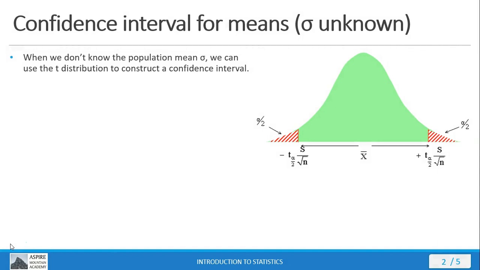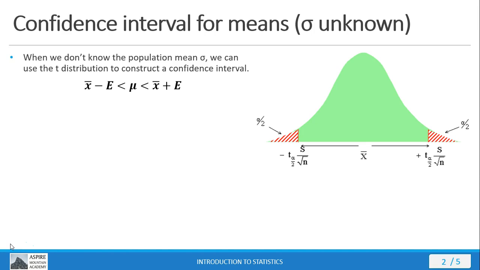So, in an earlier mini lecture, we talked about how the key question you need to ask when constructing a confidence interval on a population mean is, do we know what the population standard deviation is? Typically, the answer to that question is going to be no, in which case we want to use a student t distribution to calculate our critical value. So, when we don't know what the population standard deviation is, we can use that t distribution to construct our confidence